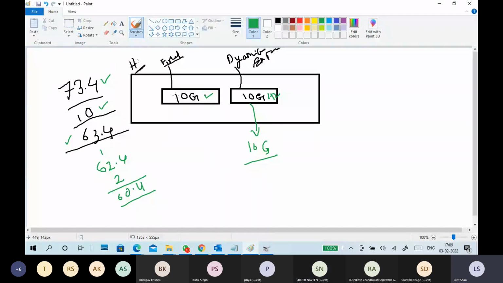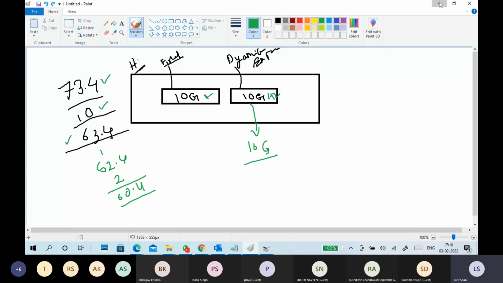Meaning, a fixed disk occupies the space when you create the disk, at that time only. Regardless of how much data you are keeping in it, you can keep a maximum of 10 GB data in the fixed disk because it's a 10 GB disk I created. You can create 20 GB, you can create 40 GB, you can create a 1 terabyte disk, no problem. But the important thing is when you create a virtual hard disk, a fixed hard disk, it occupies your space immediately. So that is a fixed disk.